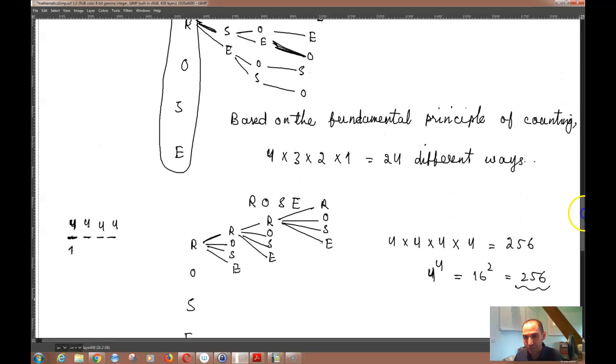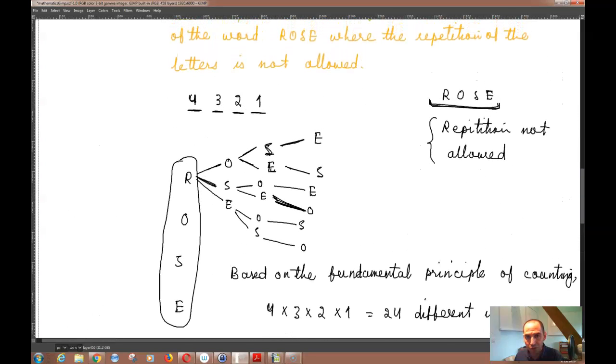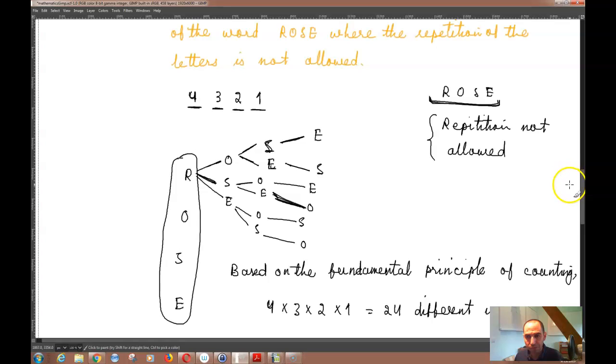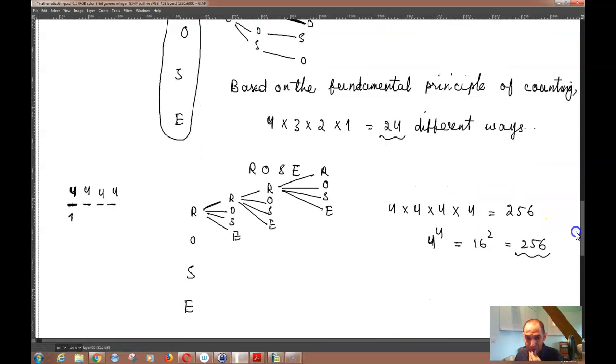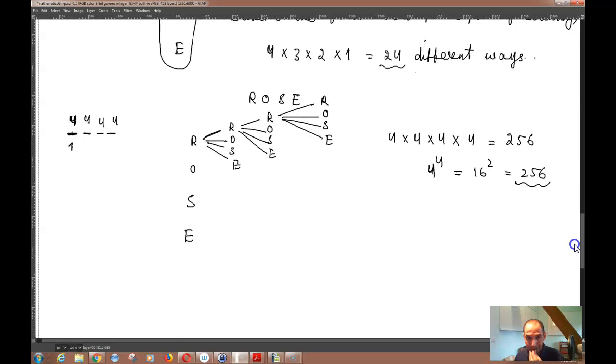But then over here you could make only 24 different words. But of course there is a problem here, and none of these would actually be the same. If you think of these words as a string or something like that,